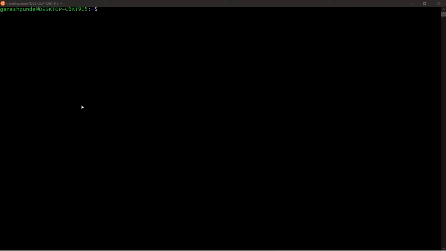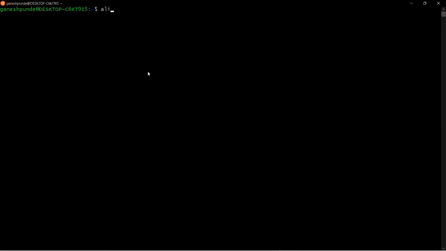Okay, so now let's see practically how we can create aliases. If you want to create an alias, let's say I'm creating an alias for the calendar command, and I'm saying cl only.